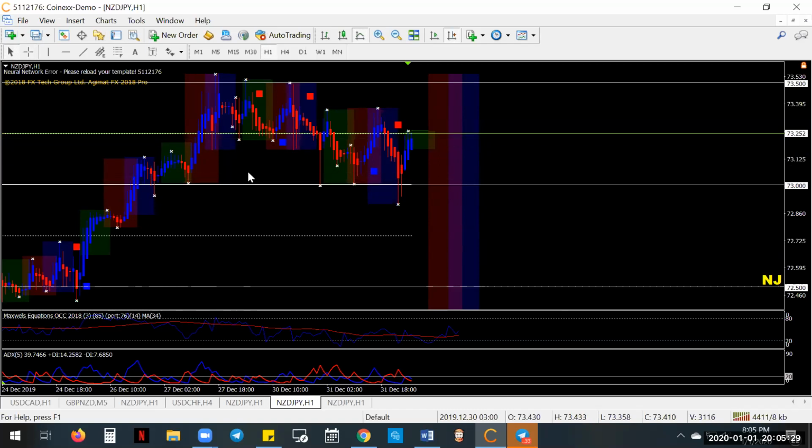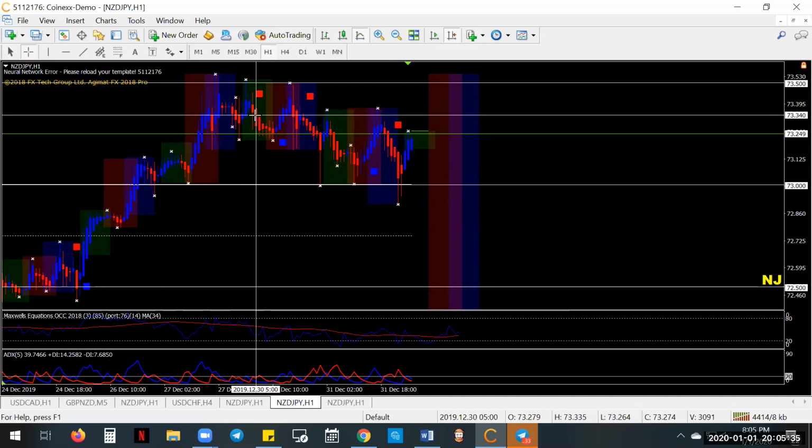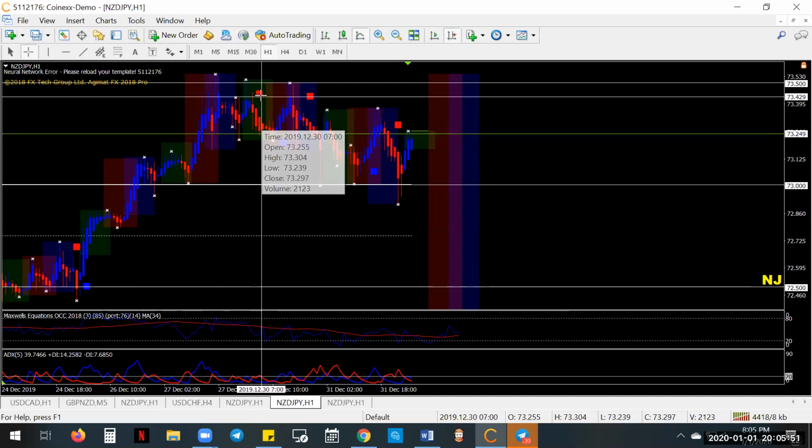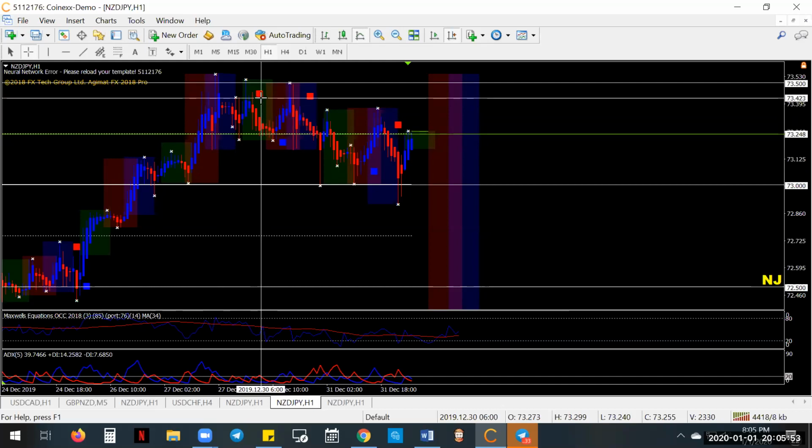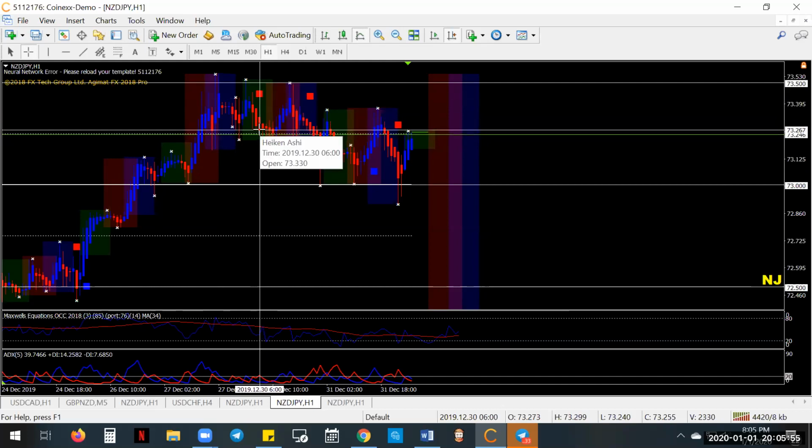Okay, so again, let me explain what I was talking to you about. Most people, and Dennis is an awesome programmer, this is the best trading indicator. There's no other indicator that's better than this. I don't care what you're paying for, what indicators are out there, there's nothing better than this. But even Dennis says, once you get this strong move right here, this signal, you would have sold right